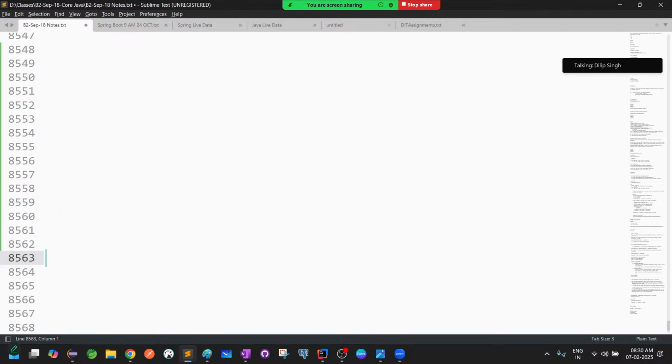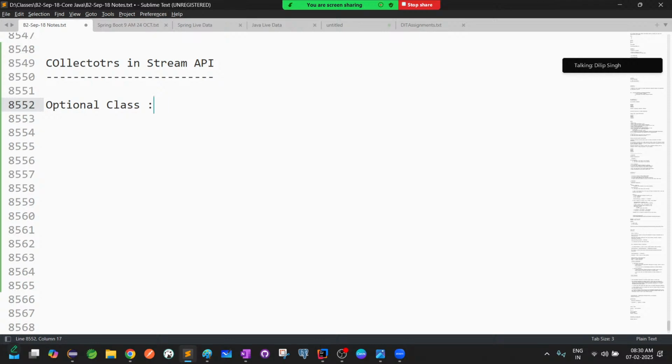Comparable, comparator, I'll explain later. What I will explain tomorrow is Collectors, one of the important things, Collectors in Stream API. This is one of the most important topics. This is the one thing I'll discuss tomorrow, from the Collectors point of view. And apart from Collectors, if I have time, I'll take the Optional class for some time,